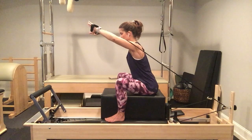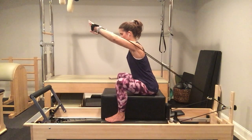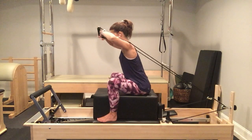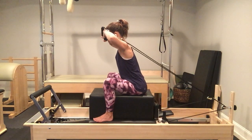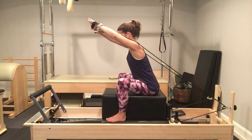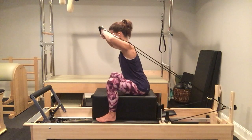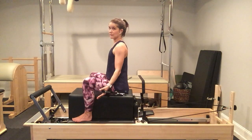More pressure on the pinky blade edge if you're having trouble maintaining that. The ropes may be rubbing the tops of your arms. 3 more. And 10. From there, I'm going to release my arms, bringing them in front of my body slightly for arm